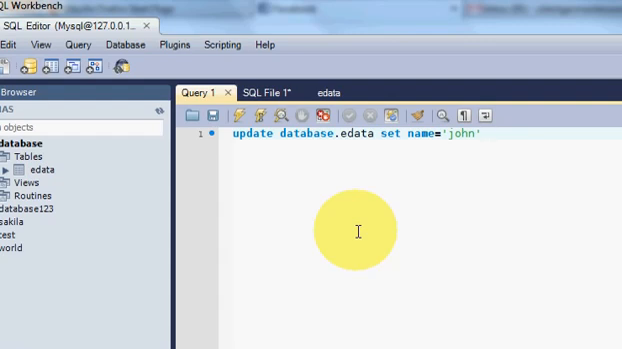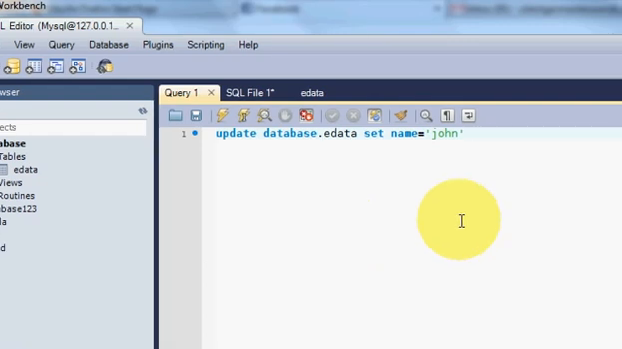and I want to edit his age also, for example. So I will write comma, age is equal to 27, and after that write where,